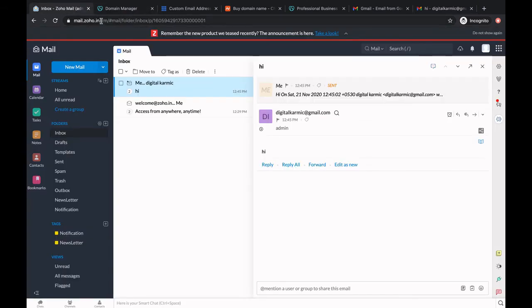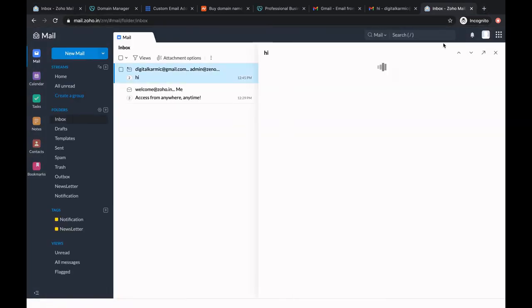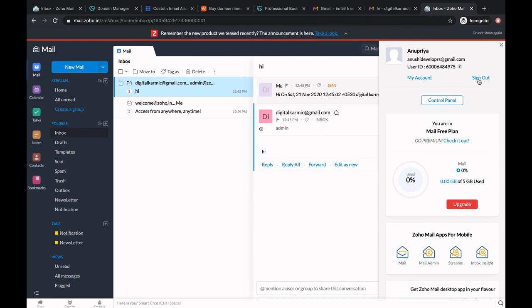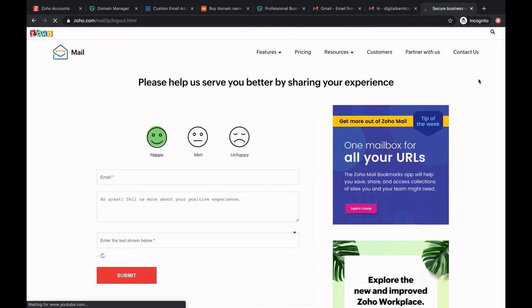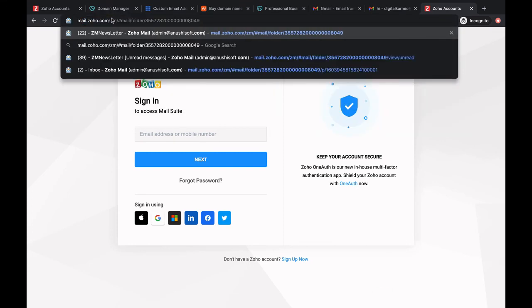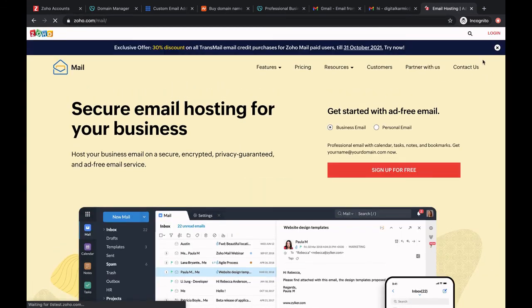Going forward, you just have to use mail.zoho.in to come to the screen. For example, let me close this window or log out from here. So just sign out, and let's go to mail.zoho.in. Come here, you'll find the login button over here.